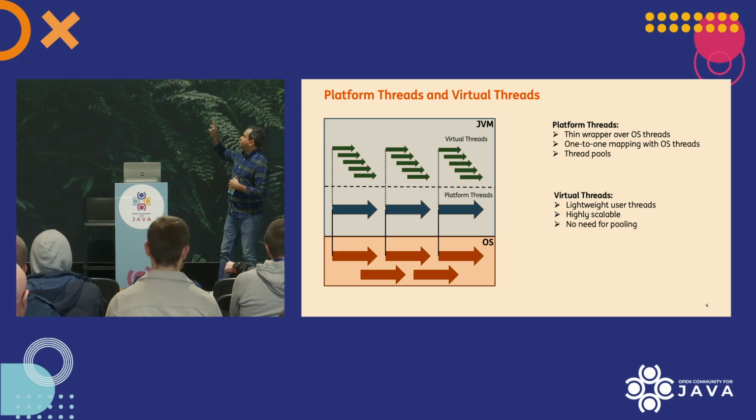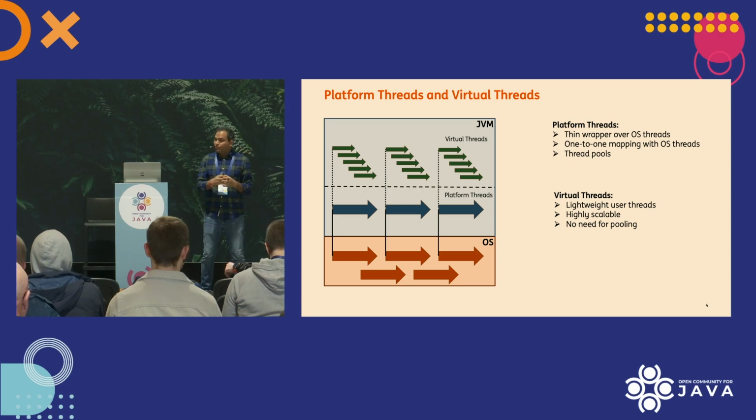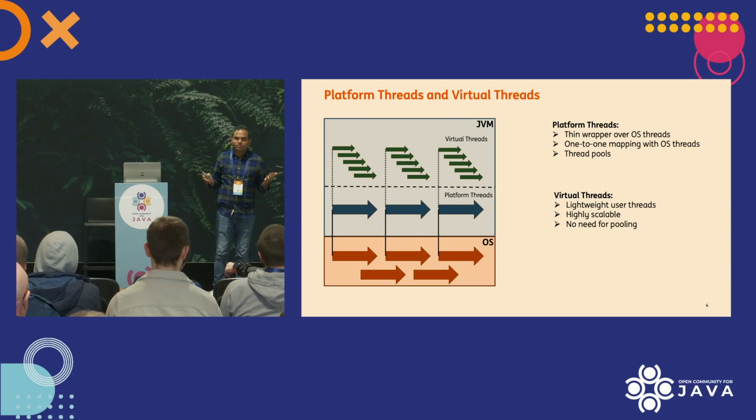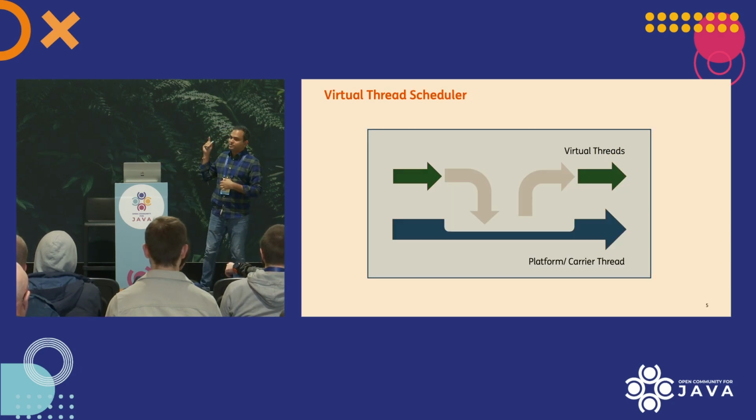Okay, what we see here in this picture is some virtual threads which are connected to platform threads. Now, why is that? That is because a virtual thread on its own cannot execute anything. It really requires a platform thread. But we also see some virtual threads which are not connected to platform threads. What about those? When do they get the platform thread?